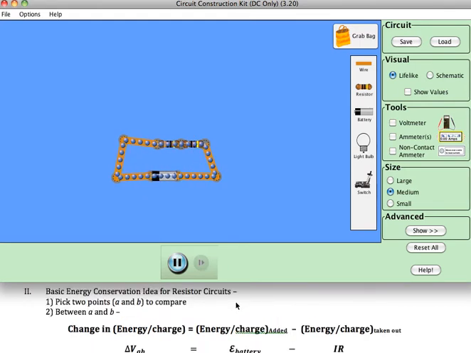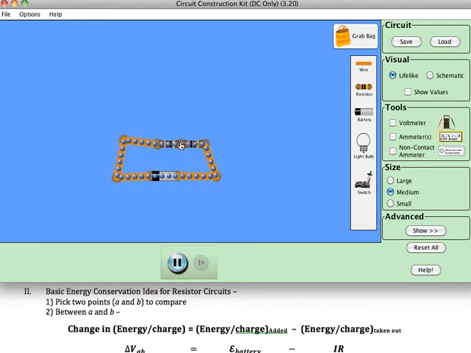The second big idea is that energy is conserved. Now, you already know that, and we've talked about it a little bit, how it works for electrical circuits, but I want to write an equation that makes it a little more explicit. And before talking about that equation, I have to point out that we're going to talk about changes in energy, and so we're going to pick two locations, 2 points in this circuit. I could pick a point just to the left of the battery and a point just to the right of the battery, or I could pick a point just to the right of the battery and a point in between the two resistors,